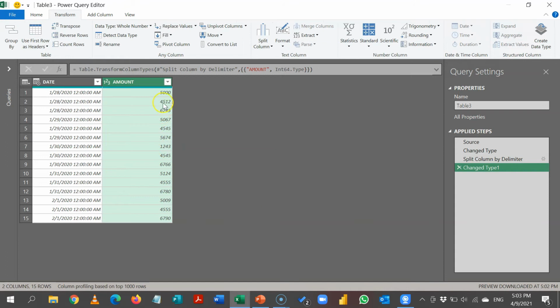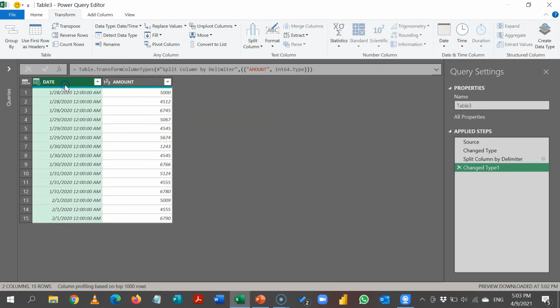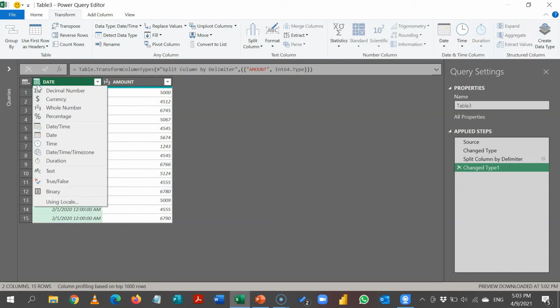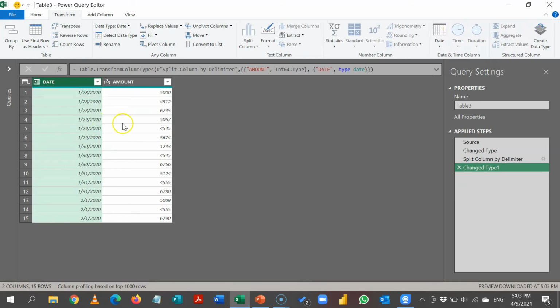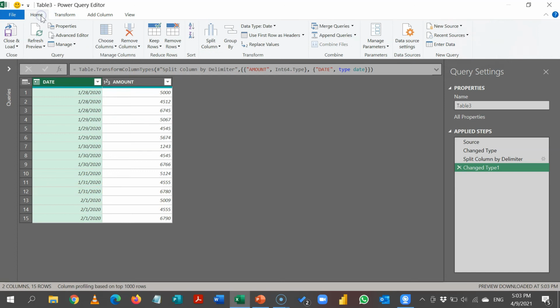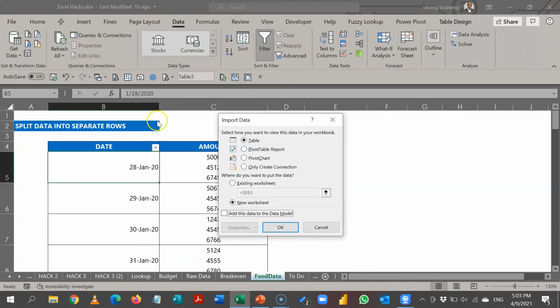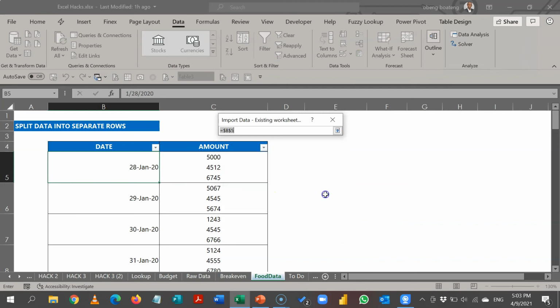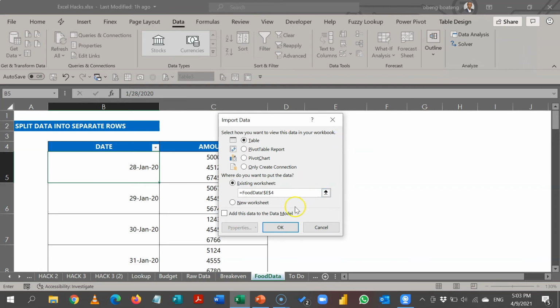What's going to happen is that it's going to now force each value into separate cells. The next thing I'm going to do is transform this column and convert the data type to proper date. If there are any changes, I can make them from here, but this looks good. Once you are done with the cleaning, you can now come to Home, Close and Load To. And I want to export it as a table to this existing worksheet starting from E4. So when I do this and I click OK,